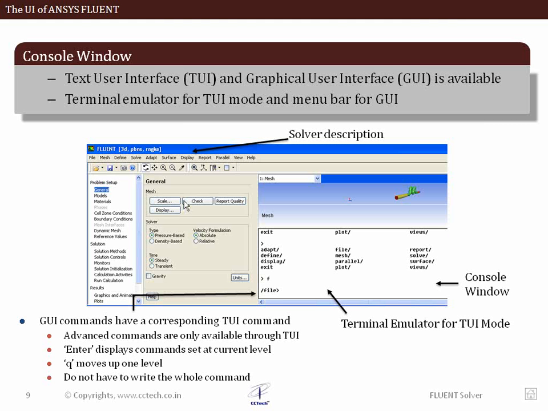So once we are in the console window, apart from the menu bar, something very interesting is the console window. This is a terminal emulator for the TUI mode. Many of the options that you can access through the menu bar, you can also access using the TUI. Of course, it's not so easy because it's based on inputting data through keyboard values. It's not so convenient to give specific inputs by typing specific commands, but overall